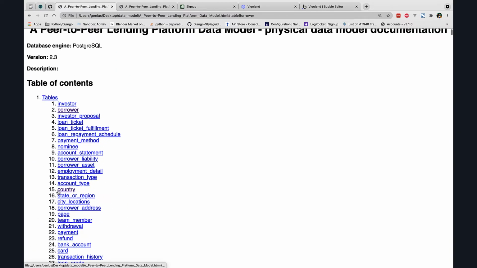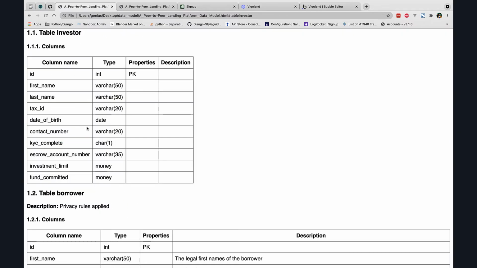And let's check what we have for the investor. So the investor first name, last name, the tax ID for tax purposes, date of birth, contact number, KYC complete, escrow account, investment limits, and fund committed, the amount of money the investor has already committed